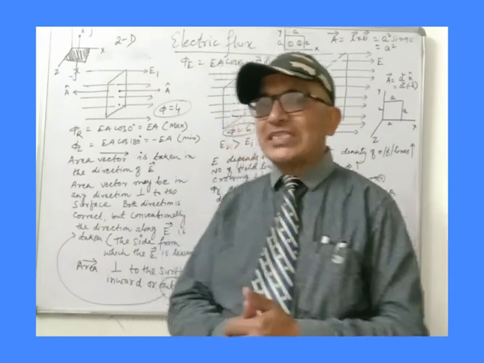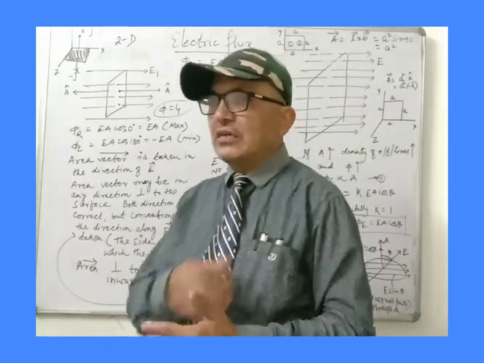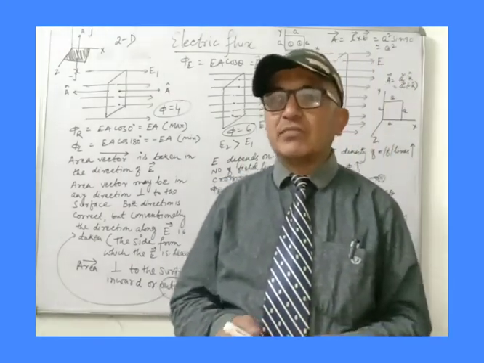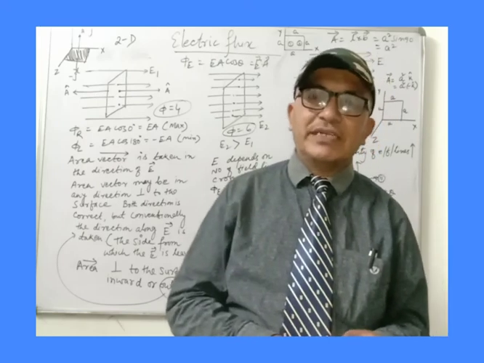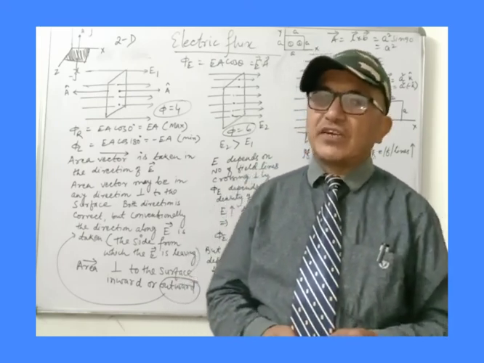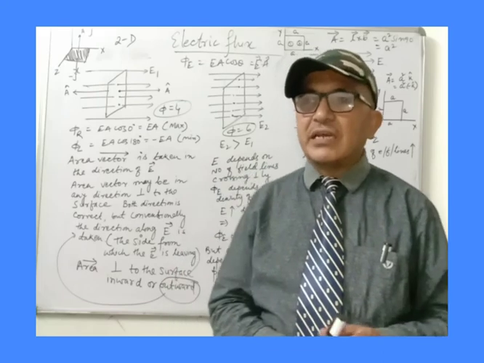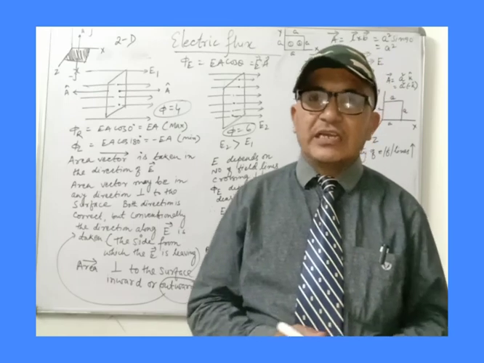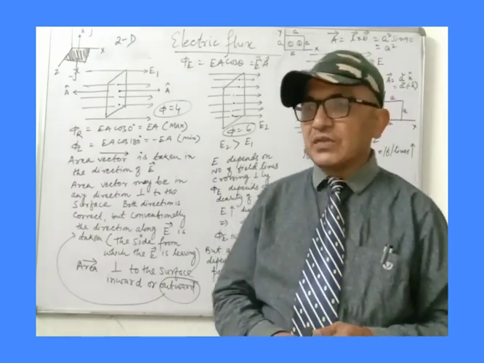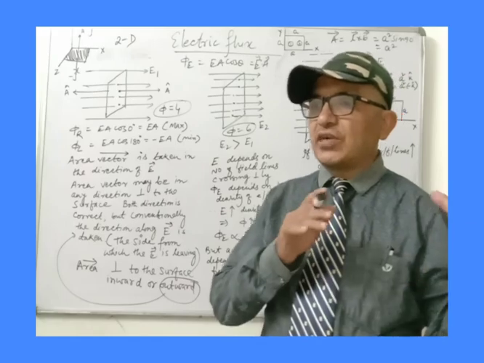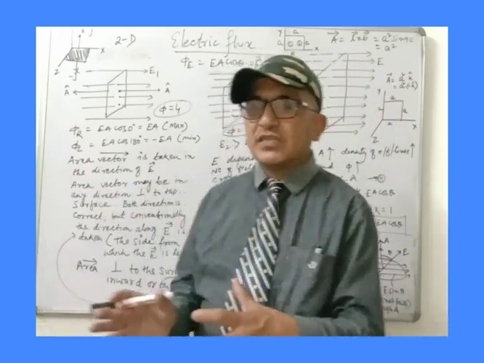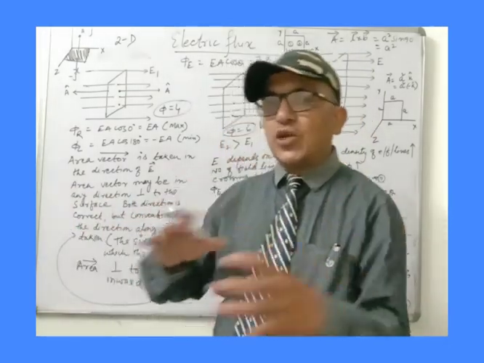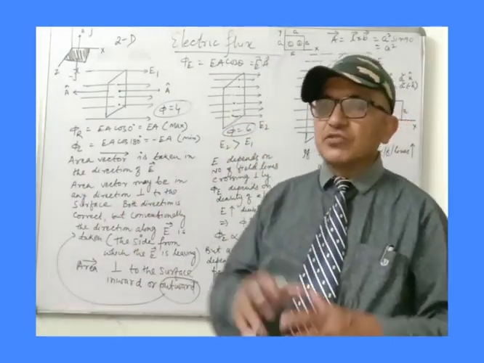Today's topic will be electric flux part 2. It means we have to understand properly what electric flux is all about. In the last video I discussed the basic ideas of what electric flux actually means. At that time I compared electric flux with the flow of water through a cross section, given by the law of continuity. When water flows through a surface, and if the surface is perpendicular, then maximum water will flow and maximum volume can pass.